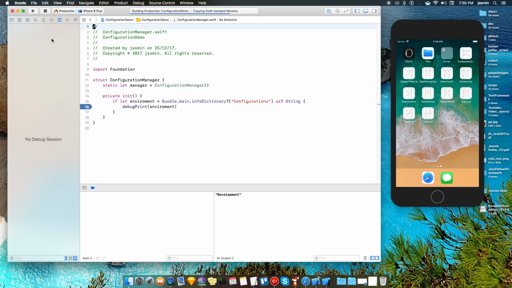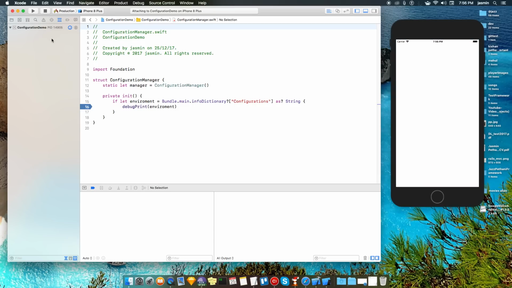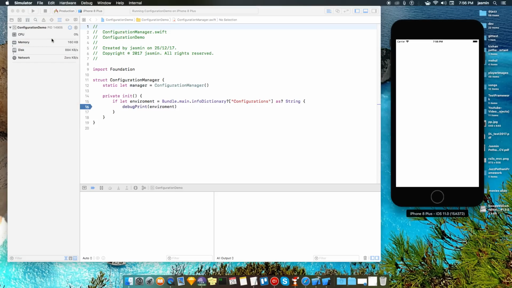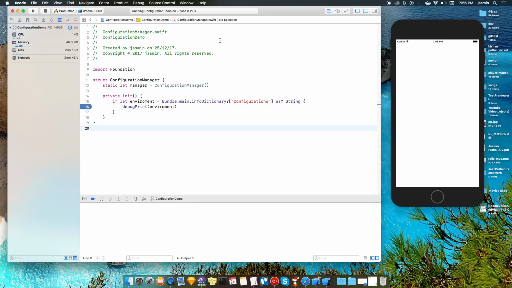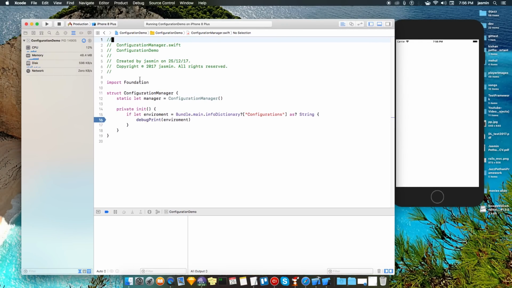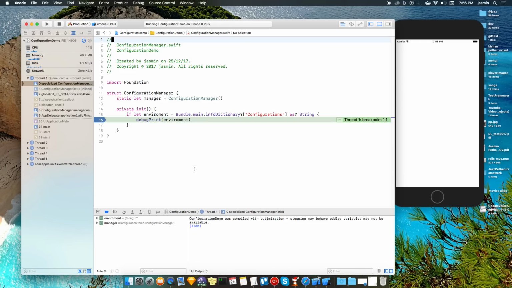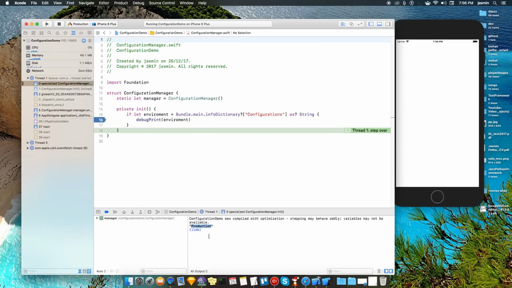So we have unchecked that. Yeah, as you can see, there is a production key as well.